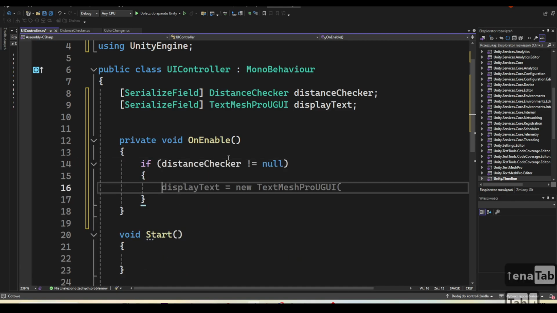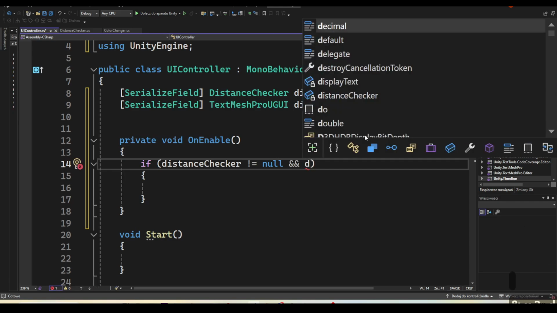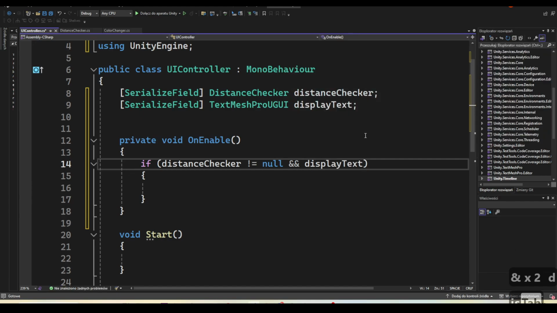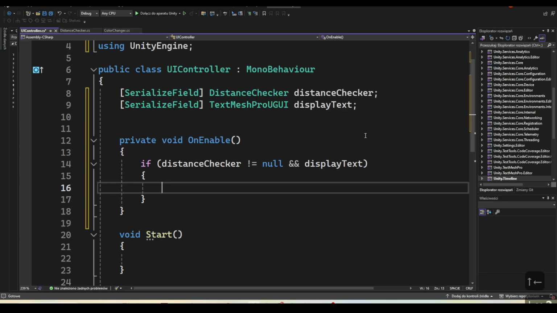First, the null check. If the null check is false, in other words, we have assigned the distance tracker, and if the display text is also assigned, we want to start a coroutine that will periodically check